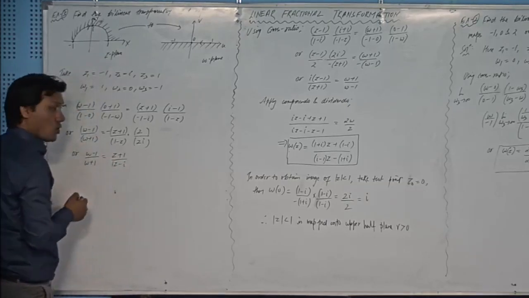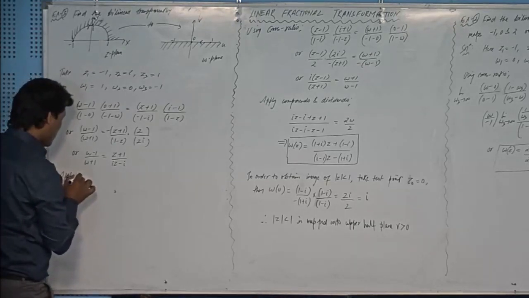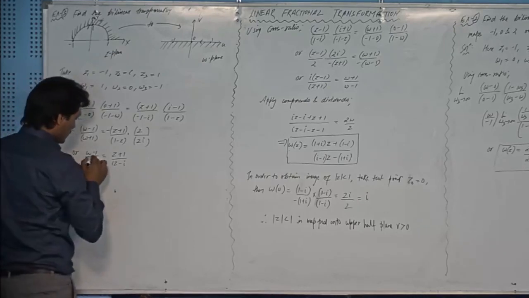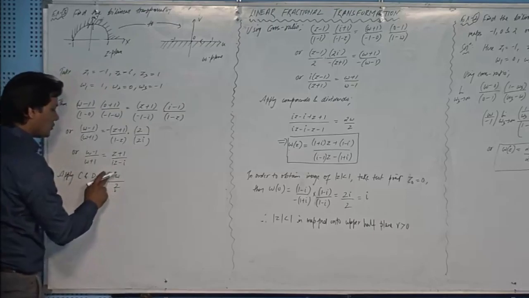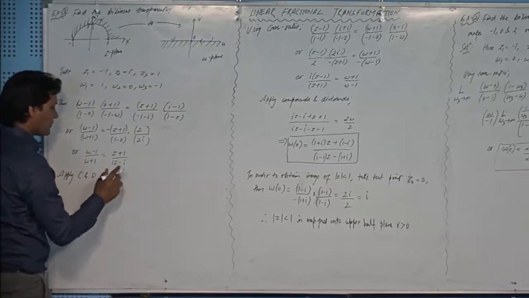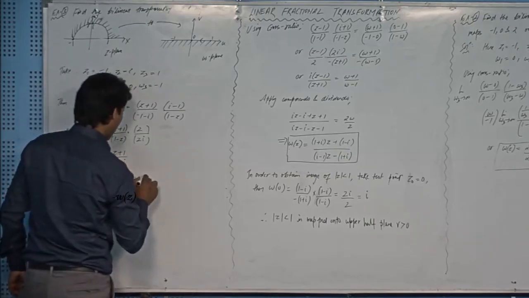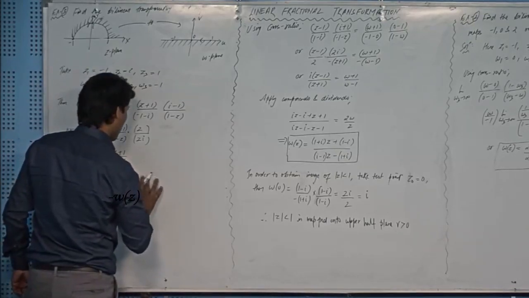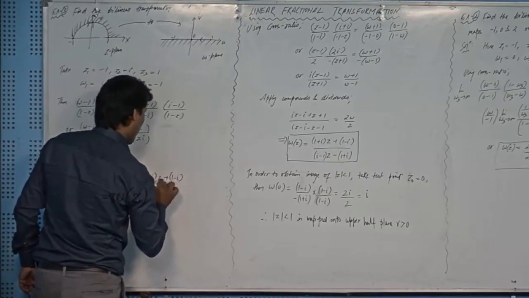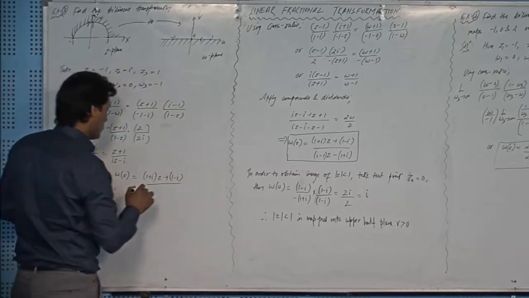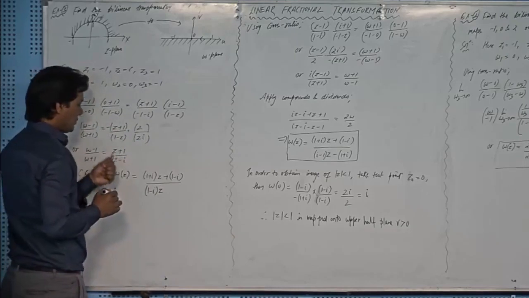right? Now I will apply componendo and dividendo. On applying componendo and dividendo, I will get, if I add them, 2w, and if I separate them, I will get 2. So ultimately this 2 will be cancelled, and on the right hand side I will get, if I add, z(1 plus iota) plus (1 minus iota). The denominator, if I subtract, will produce (1 minus iota)z, and this will produce (1 plus iota),